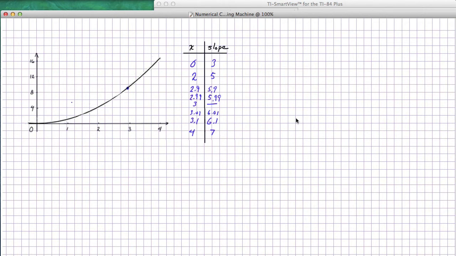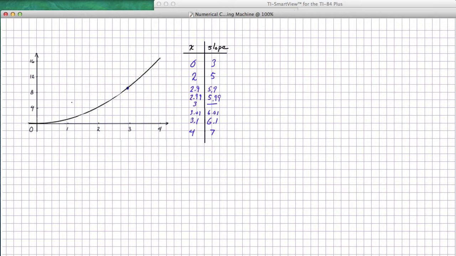In our last video, we tackled the question of how we could approximately find the slope of a curve, even though a curve doesn't have any straight line segments in it. And we did it by approximating the different slopes we got from pairs of points that were near the point we were interested in. And we saw that we got some fairly consistent results, giving us some confidence that we might be on the right track. The question now is, is there a more systematic way that we can build a kind of slope finding